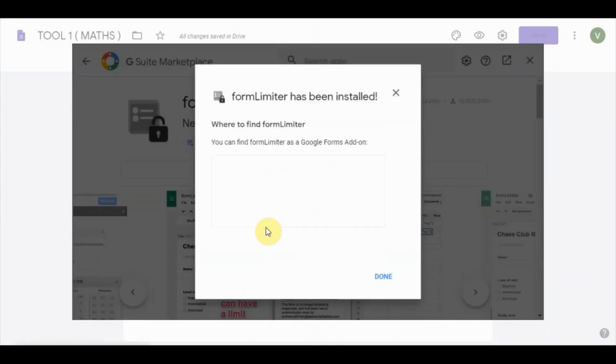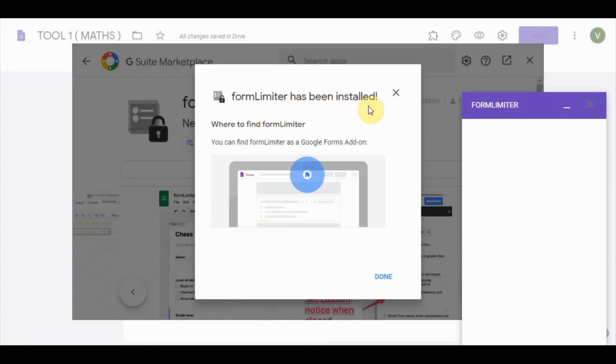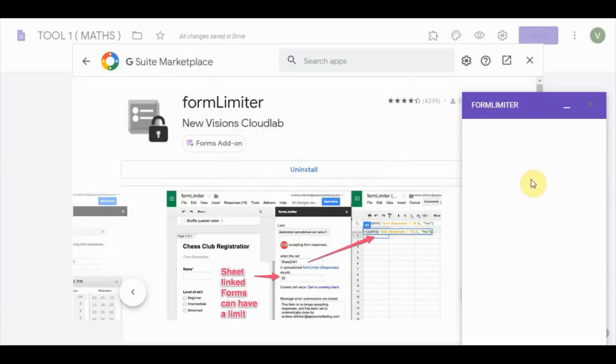See here it is installing, it is taking time. And now Form Limiter has been installed. Now say done, and on the right-hand side Form Limiter came automatically. Okay, say done.